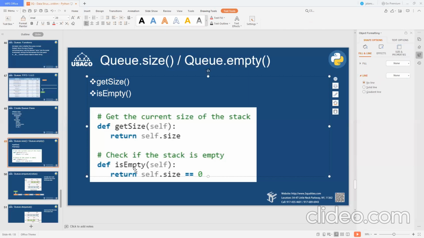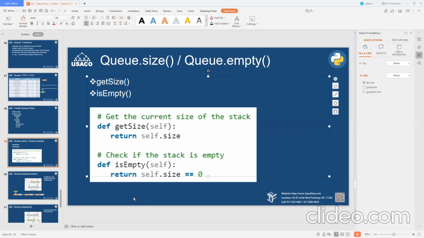The is empty function returns whether the queue is empty or not. It's just based on checking the value of the size. If the size is 0, it means it's empty.